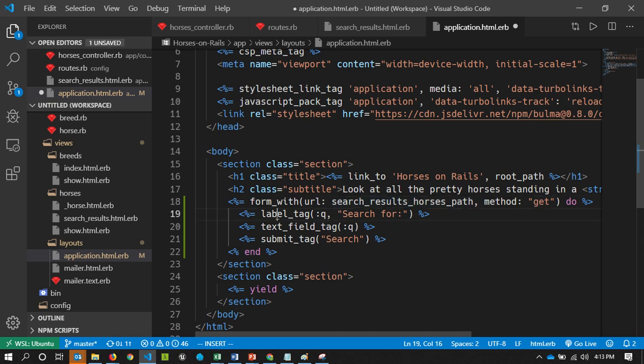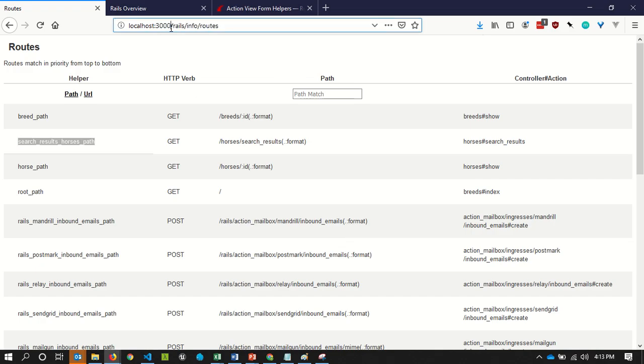This is going to generate for me a label tag that says "search for." That label tag is going to be paired with a text_field_tag with a parameter or a name of q. I don't really like q so much. Maybe it's q for query, so let's just write it out. That's what the user is doing. They're querying by way of our search. And then a submit tag that has the word "search" in it. And so if I go back to my application,